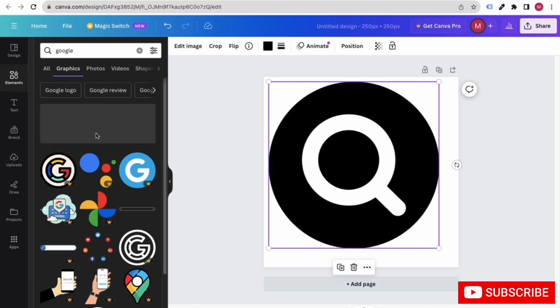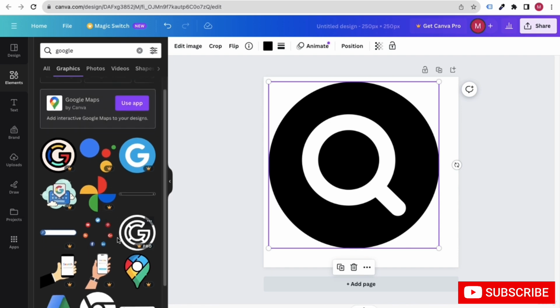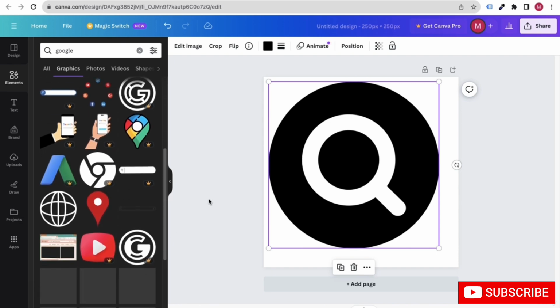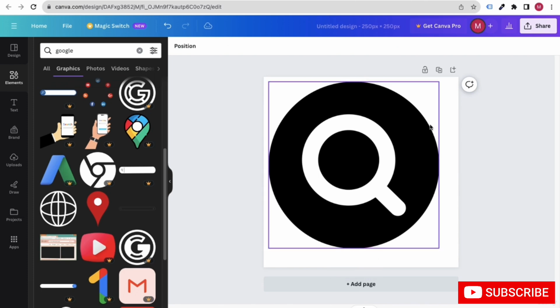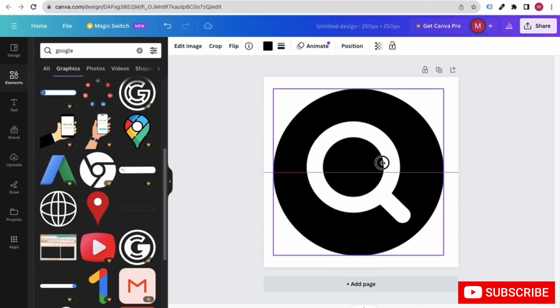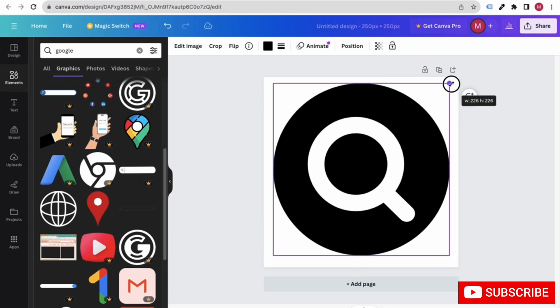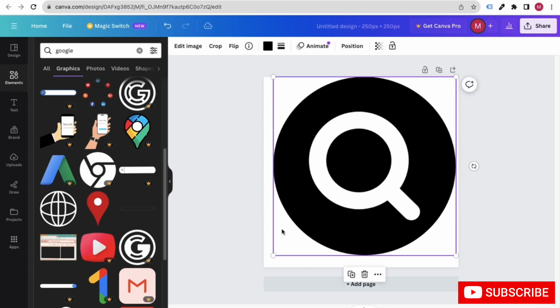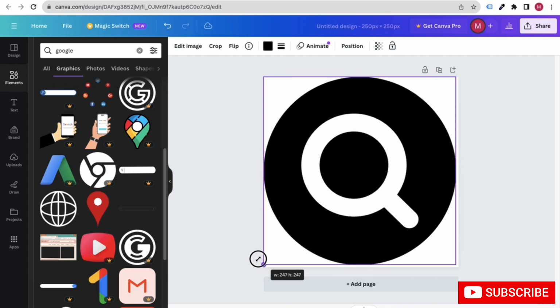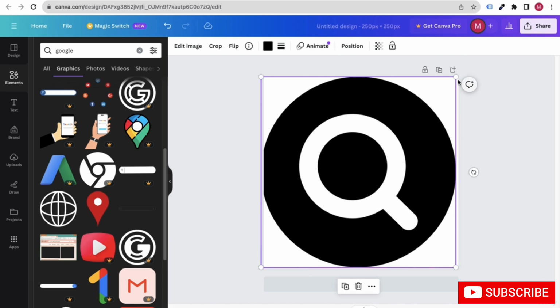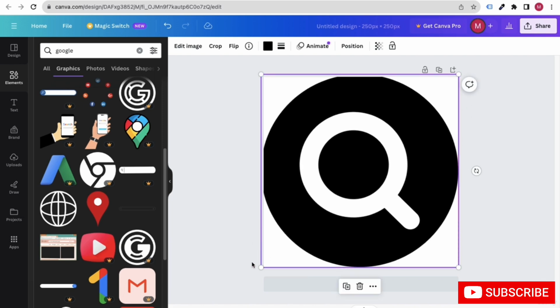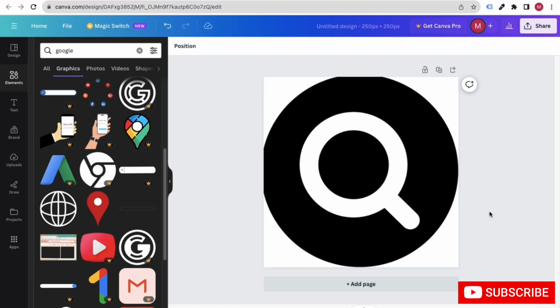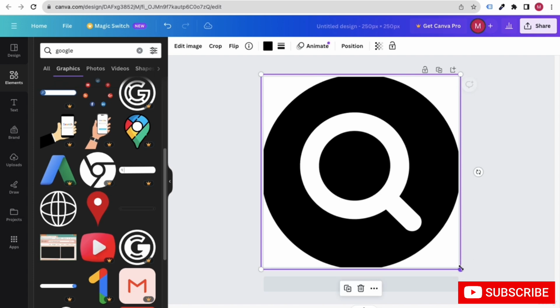Everything is paid, but that doesn't matter, you can just use it. Make sure you put it for all sides. Great, right? Simple and easy. Let me drag it a little bit like this.